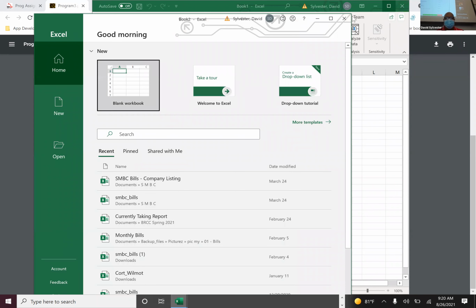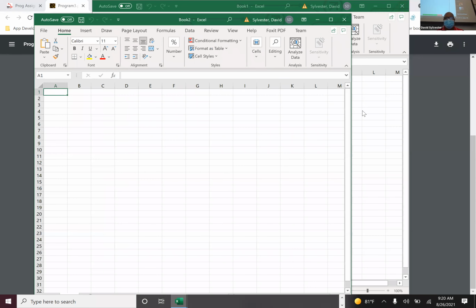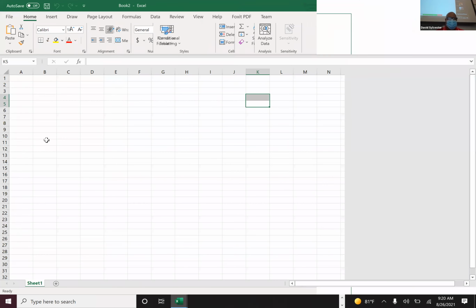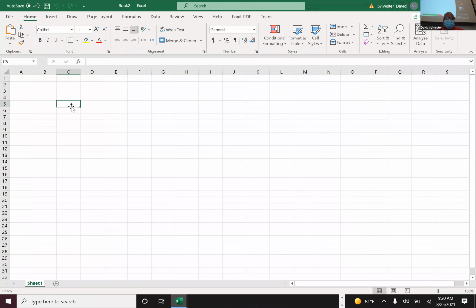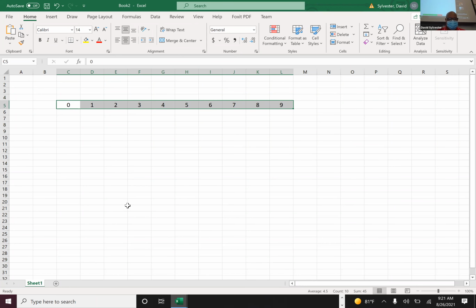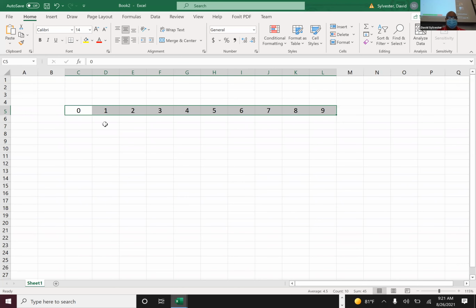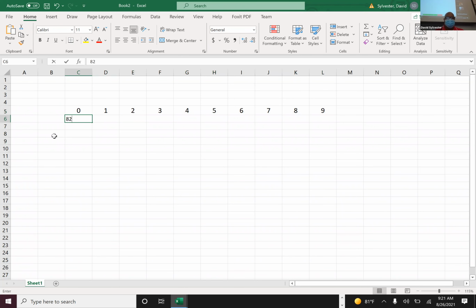I got one already. Now, what I'm going to do is just put out the elements: 0, 1, 2, and I'll make this 0 through 9. So this is your elements, and I need to make this larger so you can see. If I have values in here,